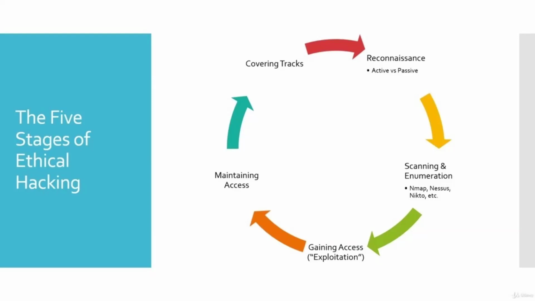Or if you don't have a clear understanding of what the scope is before engaging, it may also give you issues along the line. So at the very first stage, which is having a rule of engagement, trying to understand what the entire scope of the project is very important. That's why it's the very first phase of a pen test exercise or an ethical hacking exercise. But once that is done, we'll move on to the next phase, which is reconnaissance.